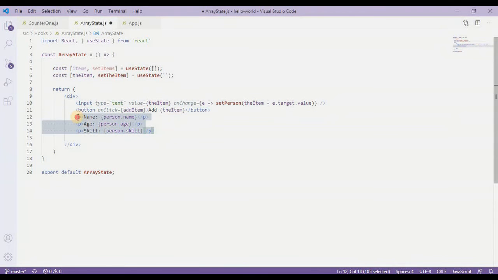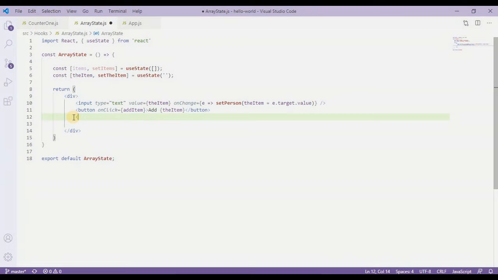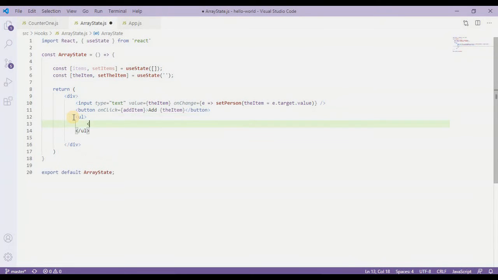Now here I need a list of what items we are adding to check, so let's have a list over here. So ul, and then I'm going to have li, but before that I'm going to have the mapping, so that we can map all this array.